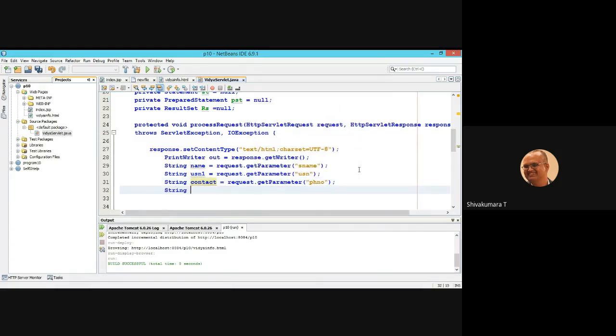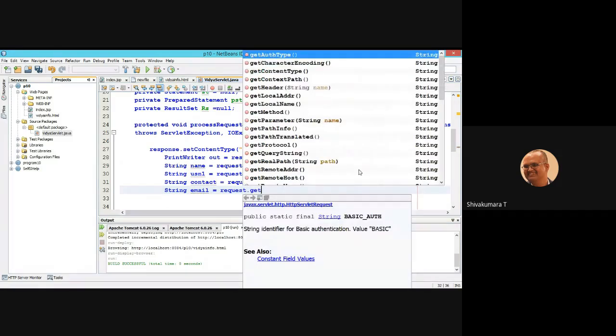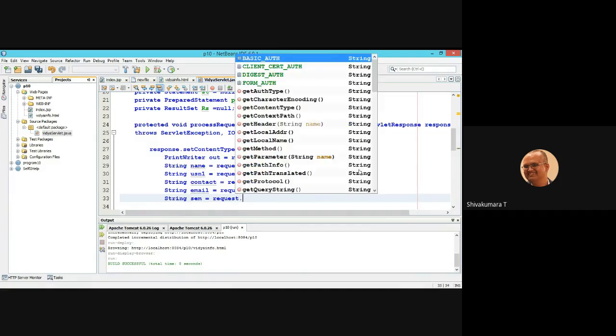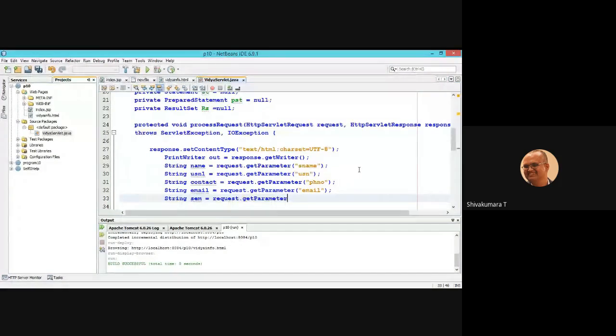Then String email equals request dot getParameter email. Then String sem equals request dot getParameter sem. You have collected all the user data submitted by the user form.